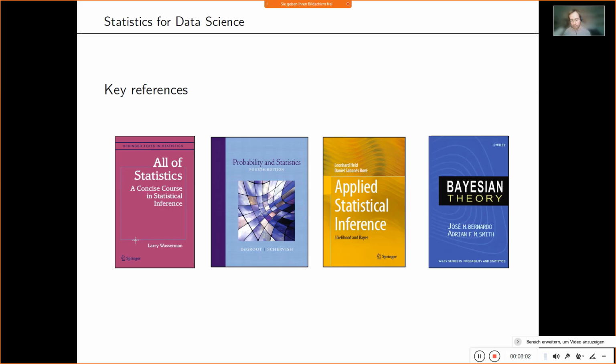So that you again think, okay, I remember that was Markov inequality, Chebyshev inequality, yes, I remember, and so on. This is Fisher scoring and so on. If you have heard all these terms, this is a nice refresher on that. This is a nice book if you have mainly dealt with frequentist statistics in the past and are now trying to incorporate Bayes in there. And if you're really interested in Bayes and the theoretical foundations, then I recommend this.